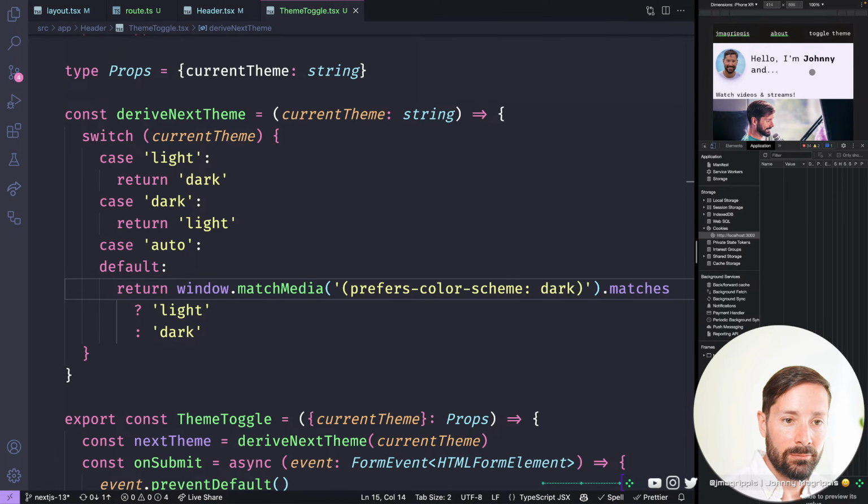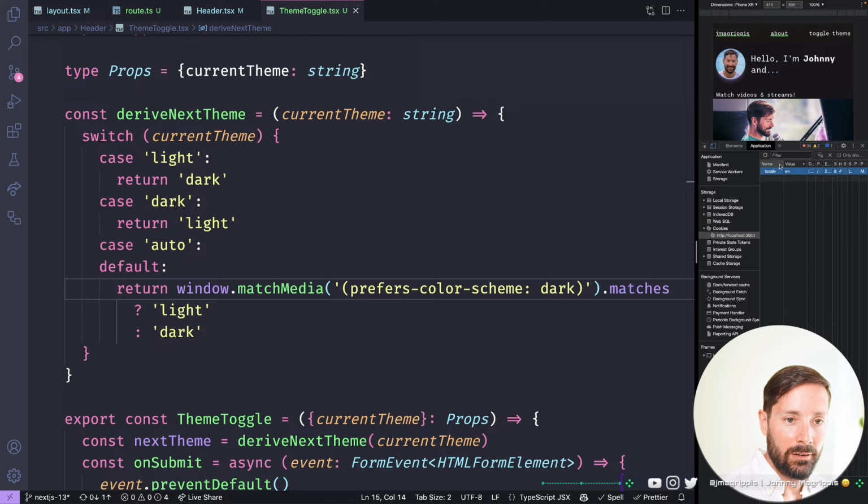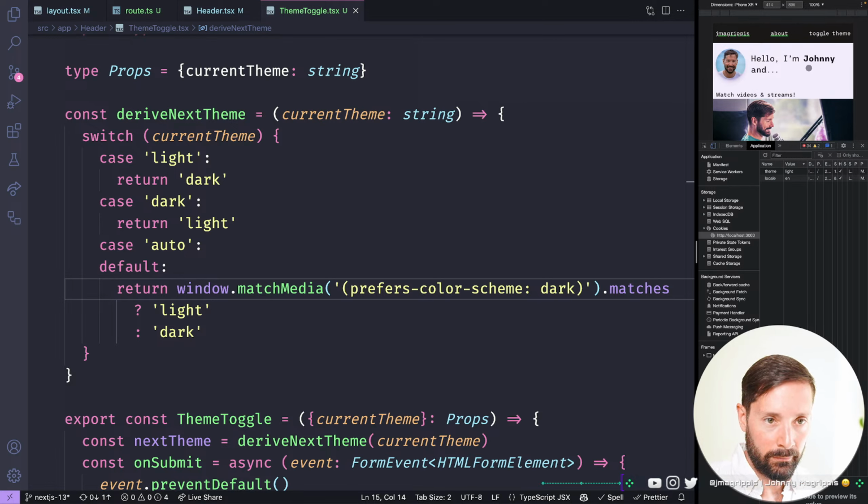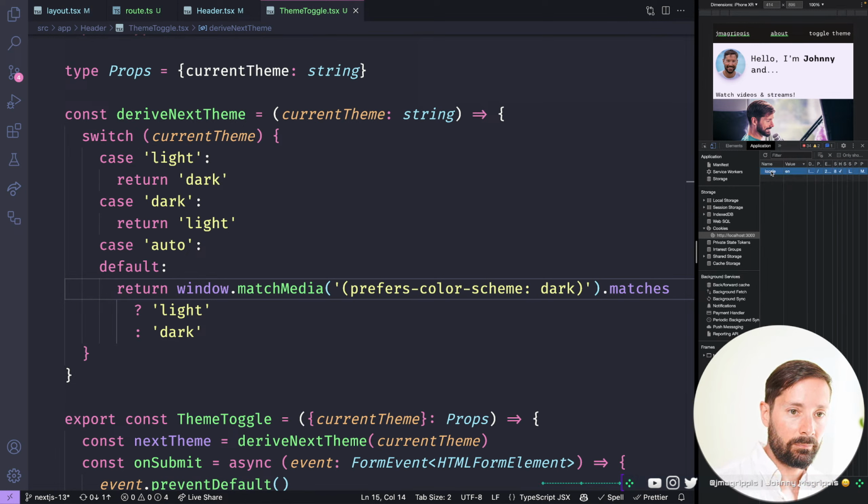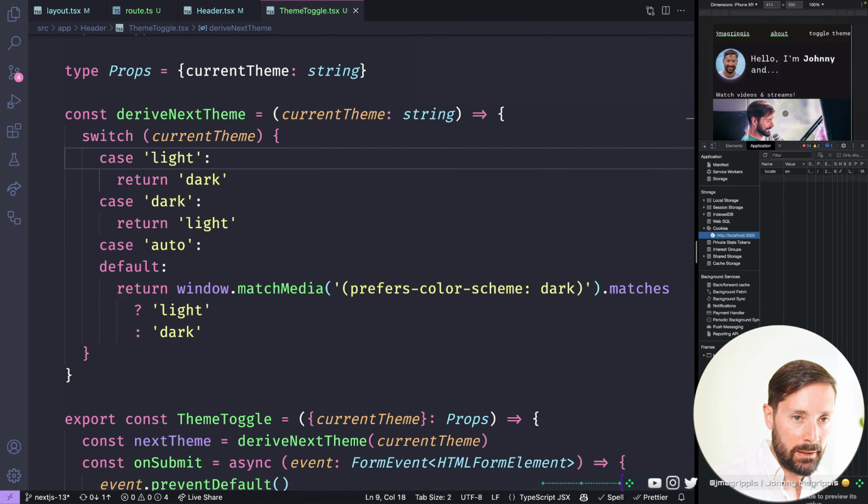So click, we ended on light mode. Click again, we're on dark mode. Again, automatically, thanks to my operating system setting, I prefer dark mode. So without a cookie, first time I hit the site, I'm on dark mode. I click, I'm on light mode. So it's all going to plan. It's all looking good,